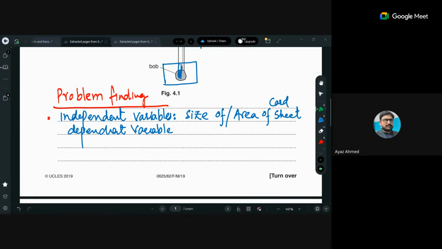And the dependent variable is the time period or the number of oscillations. This is very simple; it can be your choice. Number of oscillations. Are you getting my point? They can be your independent and dependent variables. One more thing,